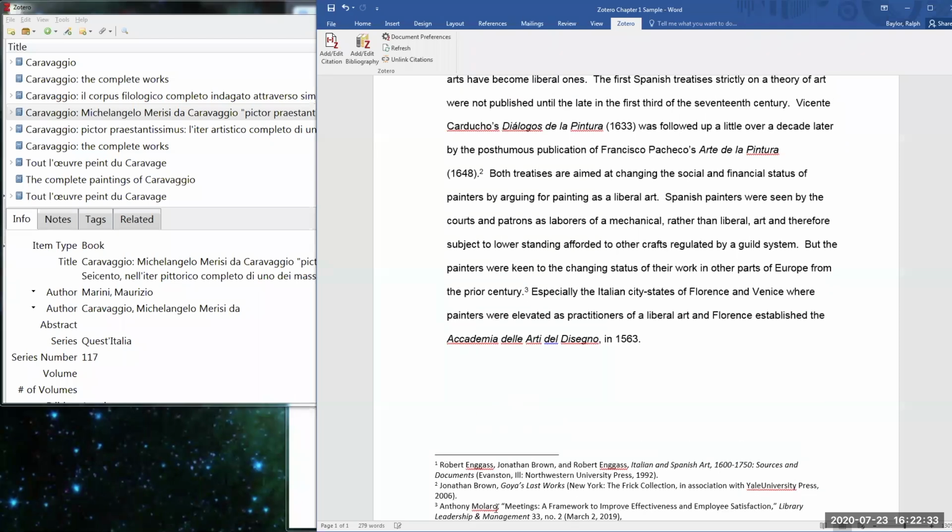If you need to make an edit to this, for example, if I just click on the first citation, the whole thing highlights. That's because right now it's letting you know that Zotero is connected to this document. And so if I go to Add Edit Citation, it'll bring that citation up again. Now, if I click on it,